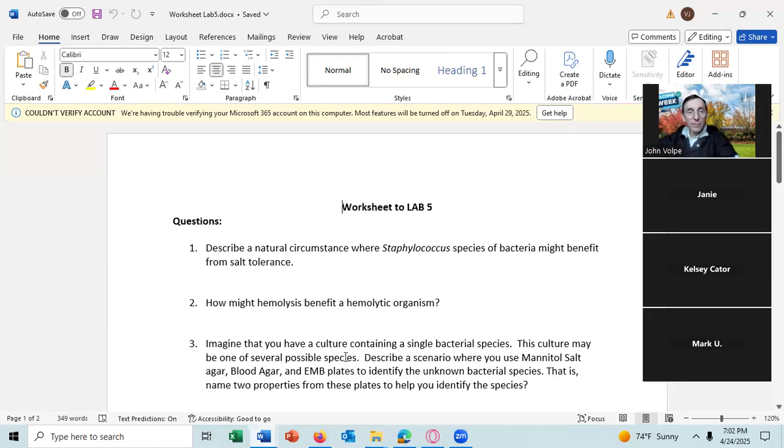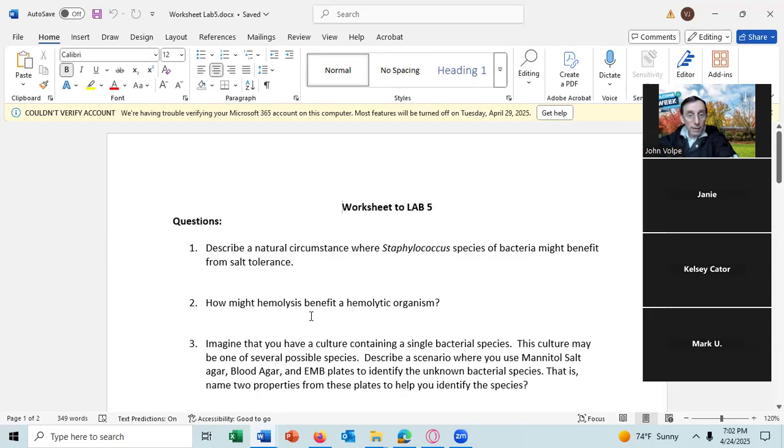I answer the question, describe a natural circumstance where Staphylococcus species of bacteria might benefit from tolerating salt. So give me a natural circumstance where the bacteria grow and are exposed to salt, not something like growing it on a 7% sodium chloride agar plate, because that's not a natural circumstance. And then